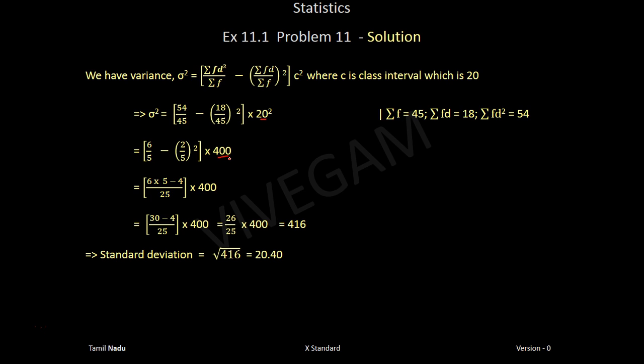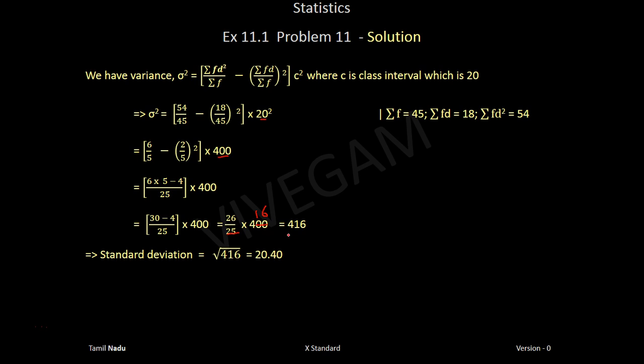Okay, now this will be 4 by 25. So 25 is the LCM. So this will be 6 into 5, and this will be minus 4 when you take the LCM. So 30 minus 4 is 26. So 26 by 25 into 400. 25 will go 16 times. Right? So 16 into